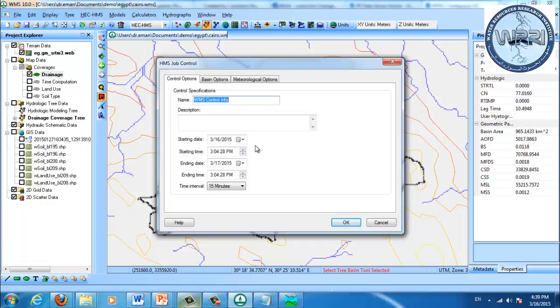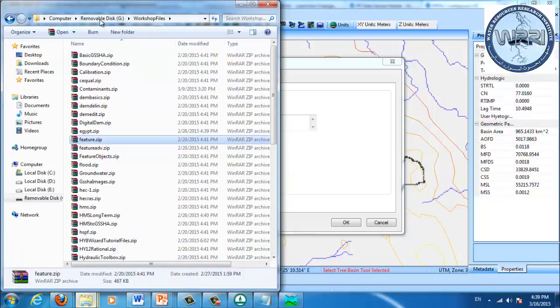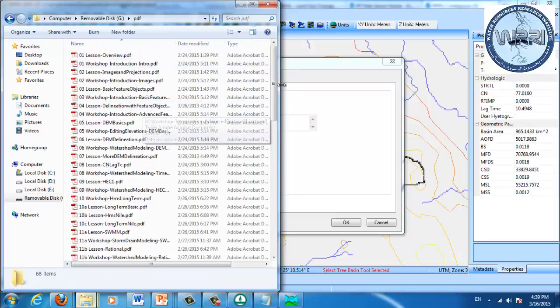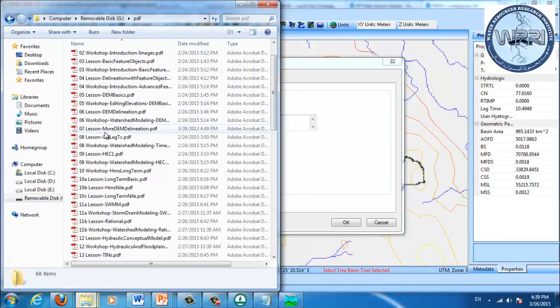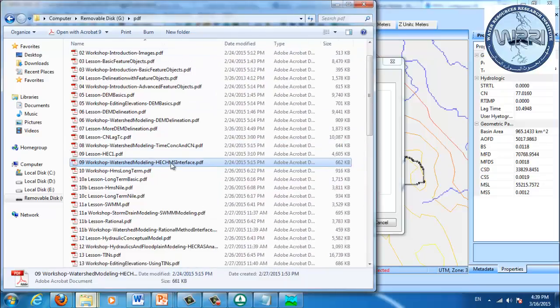So we're going to work on the HMS workshop, which, if you go to your files here, under your files there's a PDF. Under PDF, we're down on lesson 9, and there's a workshop called HEC-HMS Interface. We're going to do that workshop, and